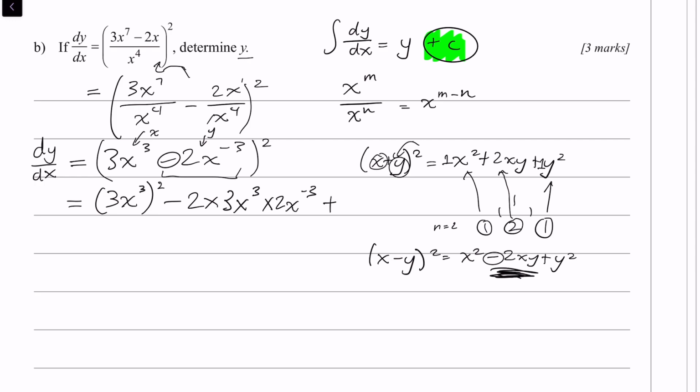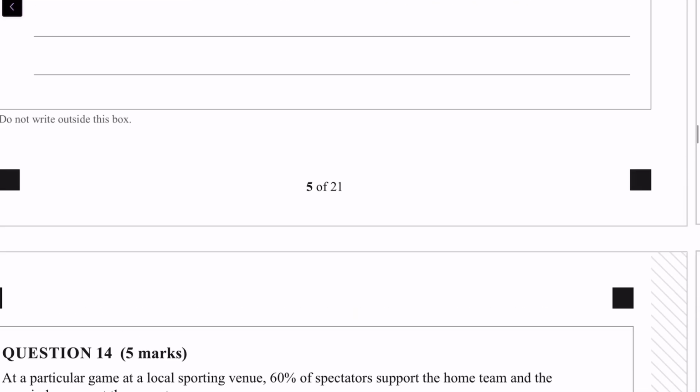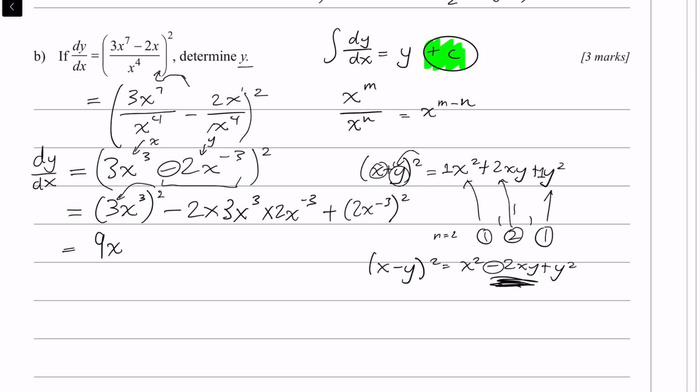And then we're taking that last component and we're squaring that, okay? So remember, a common mistake here is that we just square the x part of the expression, but really we have to square every single part. So 3 on its own has to be squared, okay? Because 3 is kind of separate from the x cubed. So that's going to be 9x, and then again, using exponent laws, if we're raising a power to an exponent, then we have to multiply those powers together. So x to the power of 6